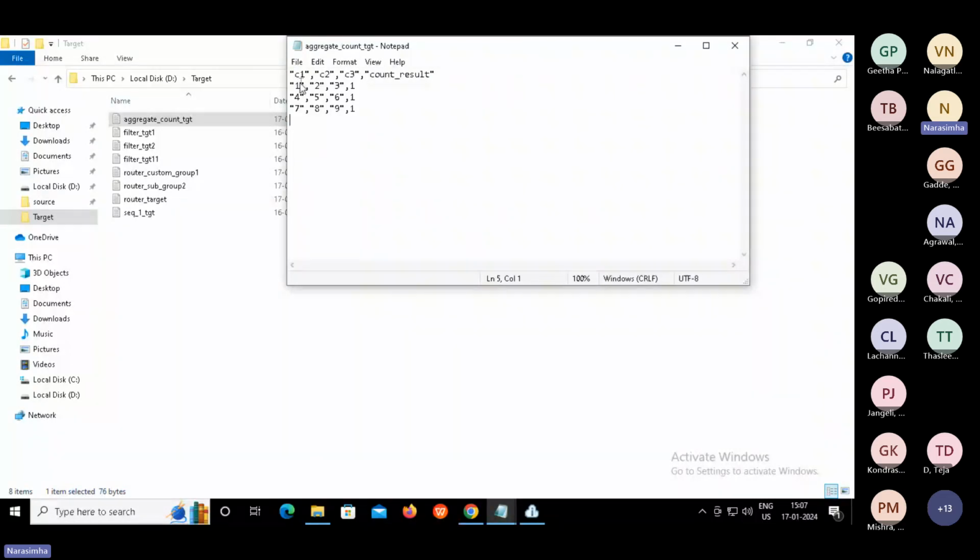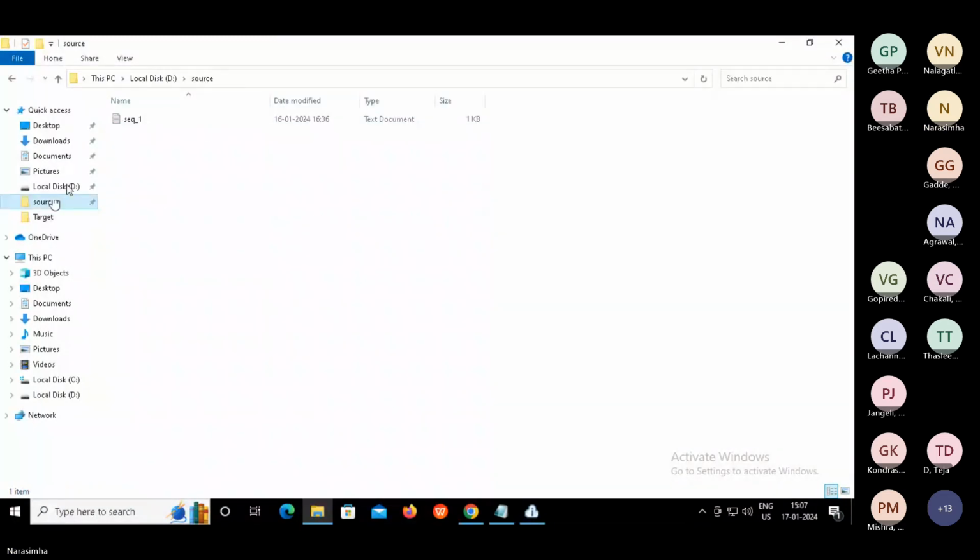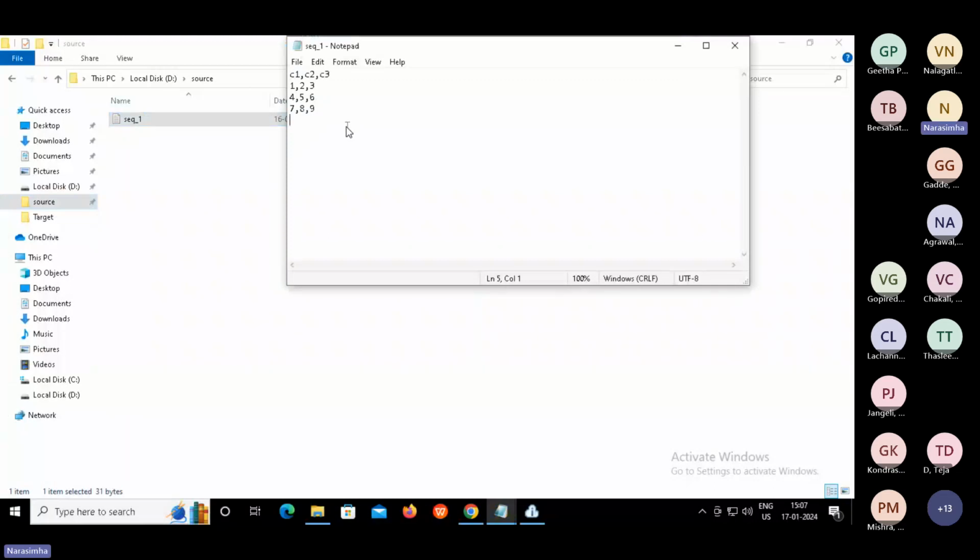Now let us try to modify the source data so that we can see the effect of the change. Please open SCQ1, guys, and copy. Copy this and add one more entry, let's say 122, 33, but one value should be the same, because if you try to group it, there'll be two records: this one and the first one.